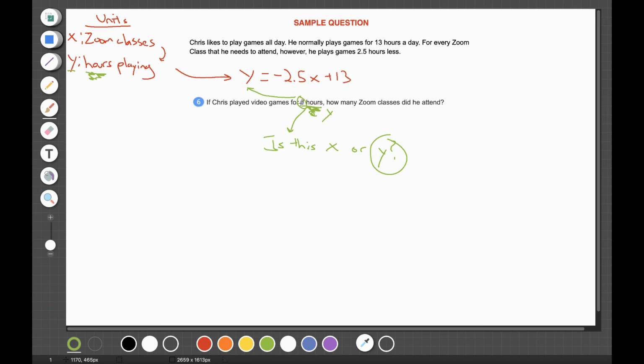So what that means is I'm going to take this 8 and we plug it in for Y. So what we'll get is 8 equals negative 2.5x plus 13. Okay, now we just need to solve for x. So we'll just simply go through our steps. Subtract 13 from both sides. So 8 minus 13 is negative 5